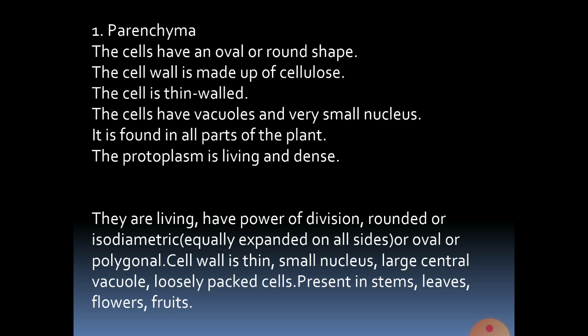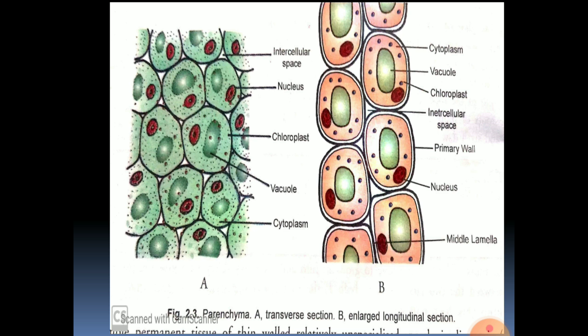So first is parenchyma. As you can see in this diagram, the shape of the cells, intercellular space, vacuole, nucleus. Just go through the diagram first so that the explanation is easier, right? You can see there is intercellular space. The nucleus is at the side, whereas the vacuole occupies the center, and you can see the chloroplast also, and the fluid which is visible, that is living material, the cytoplasm.